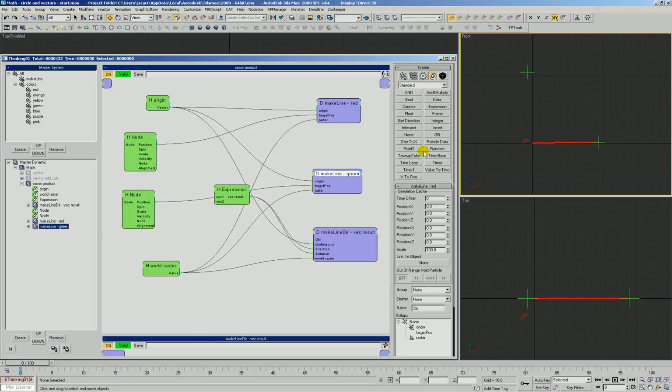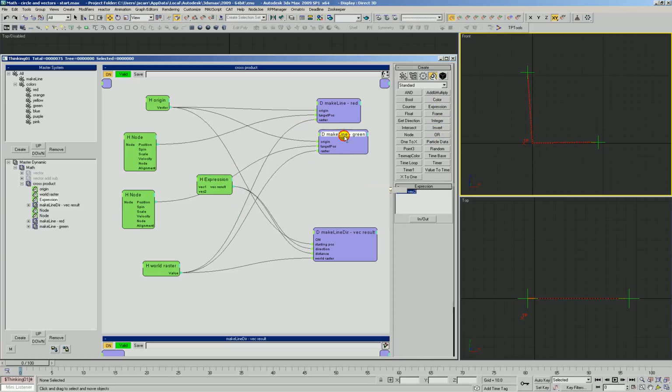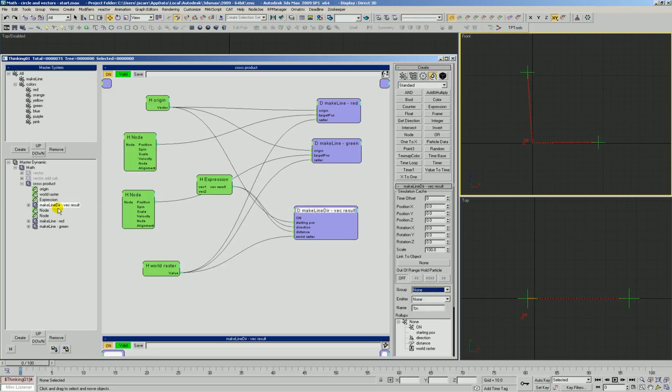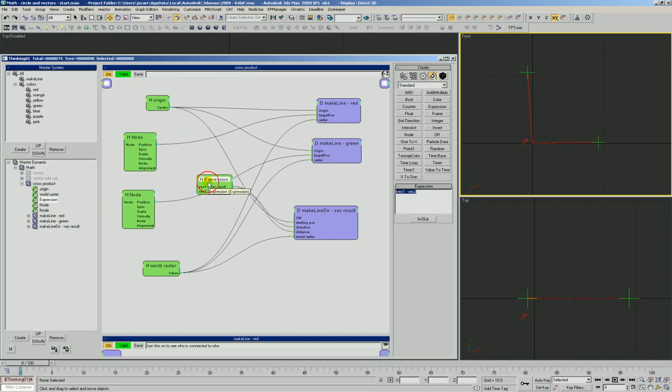And this red and green, it does not have anything to do with X or Y. These are just different colors for the vectors, of course. Let's increase that raster a little bit. We don't need it so fine. And so we've got those two being drawn. We've got this other make line direction vector. And so what we're going to do is we're going to take a look at what happens when,